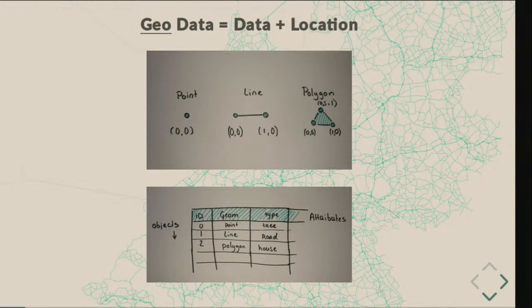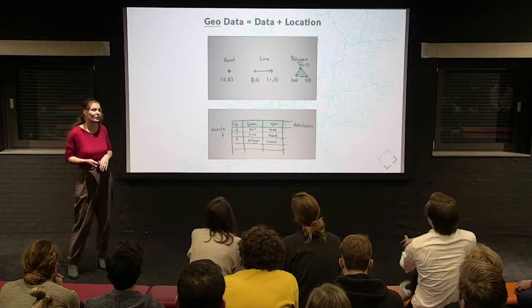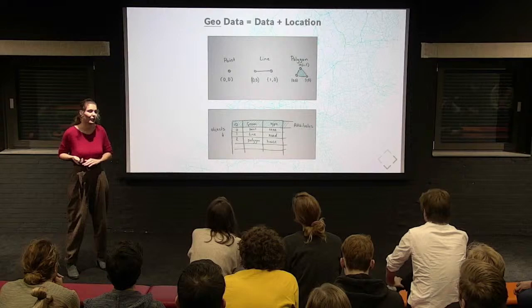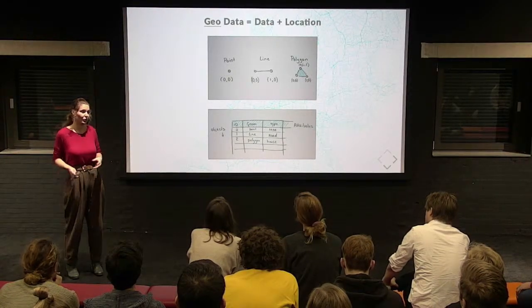So the point could be a feature, and then we have our attributes that go with our geographic features. The attribute describes what am I looking at. Is the point a tree? Or is it a lantern? Is it an address point? Is the line a road or is it a waterway? And then what kind of road is it? Is it a bicycle road or is it a road for cars? You can add endless attributes to your geodata.